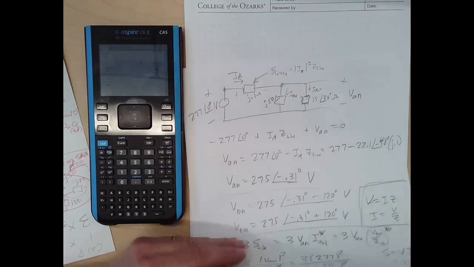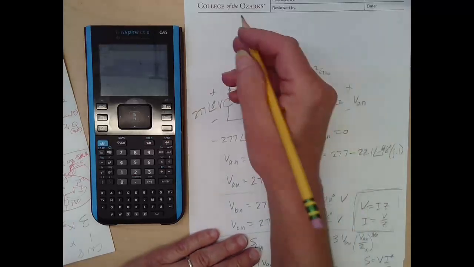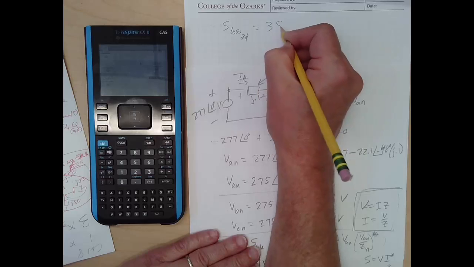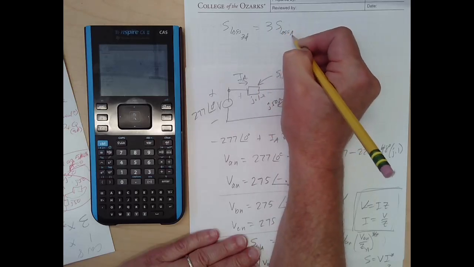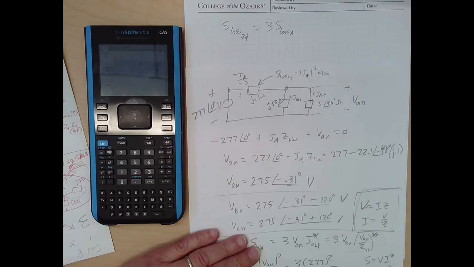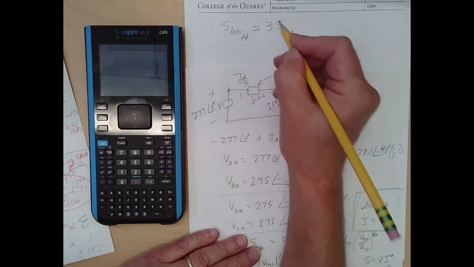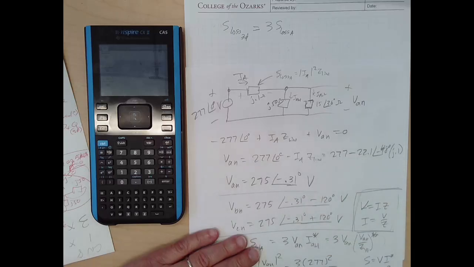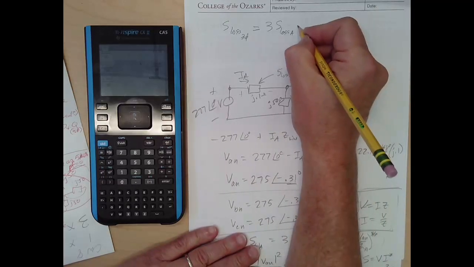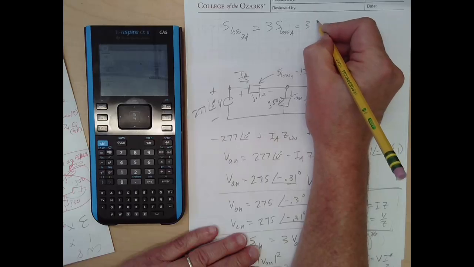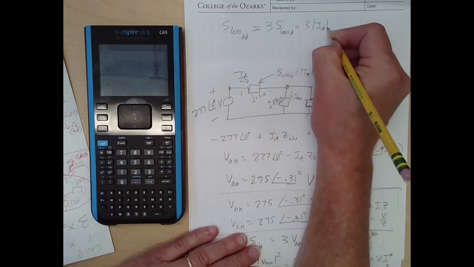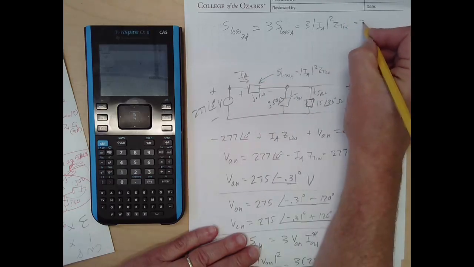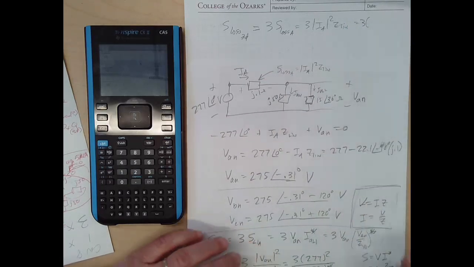All right. And so if we want to get S loss 3-phase, it's going to be 3 times S loss A phase. Again, because it's balanced, all these times 3, all these magically adding and subtracting 120 degrees is all good because we're balanced. It's going to be 3 times, I guess we'll rewrite it, IA squared Z line, which is 3 times the magnitude of IA